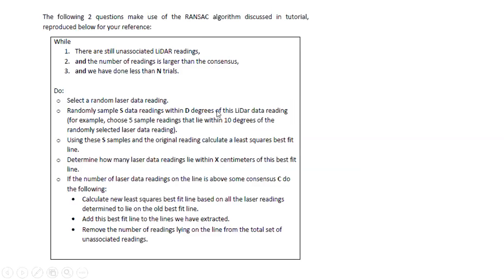While there are unassociated LiDAR readings, meaning there are still readings which cannot be mapped back to any particular landmark or obstacle, and the number of readings is larger than the consensus. Consensus is the number you need in order to come up with a proper mapping of some boundary within the map. And we have done less than n trials.